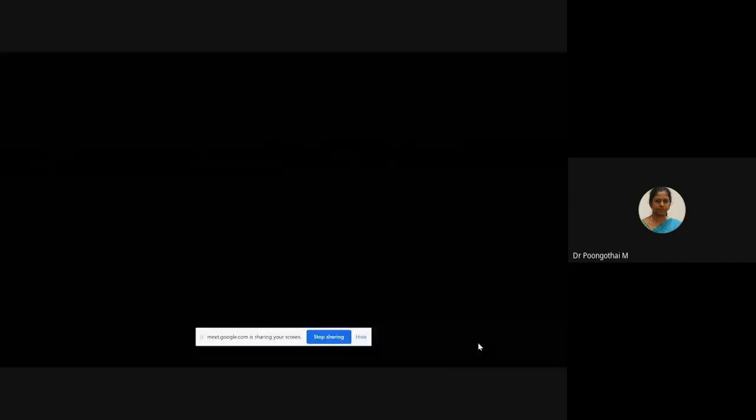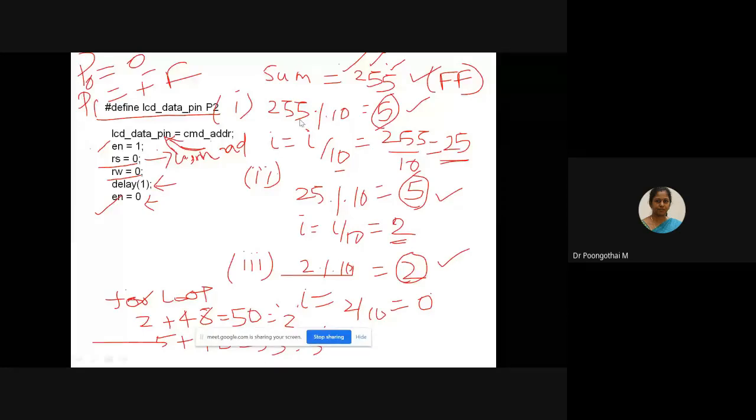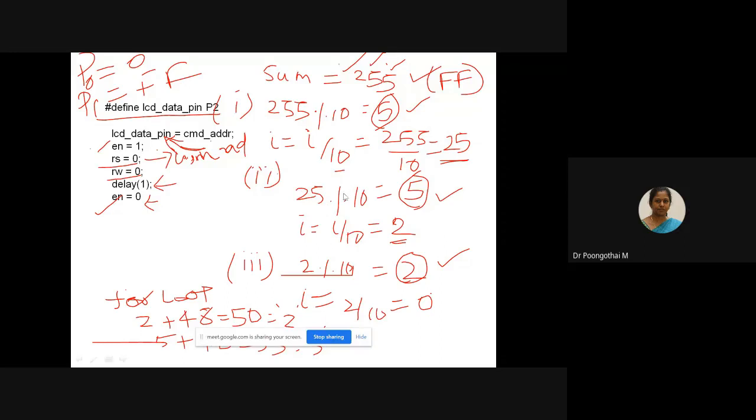So can you understand the conversion? I have explained the decimal to ASCII conversion. Suppose the number is a hexadecimal number; instead of 255, you can give FF. So here, instead of 25, you will be getting 19. Same operations: 19 divided by, modulus 10, you will be getting 5.